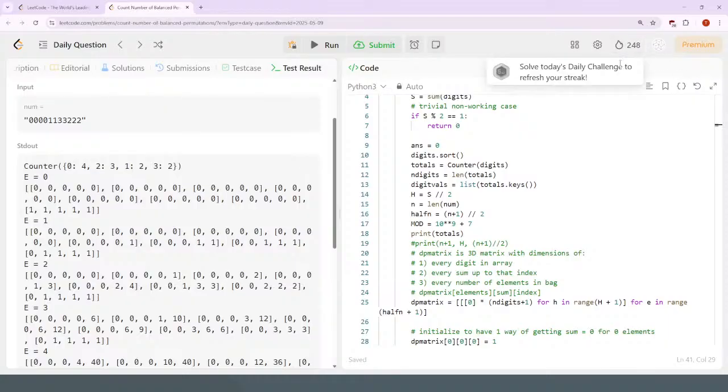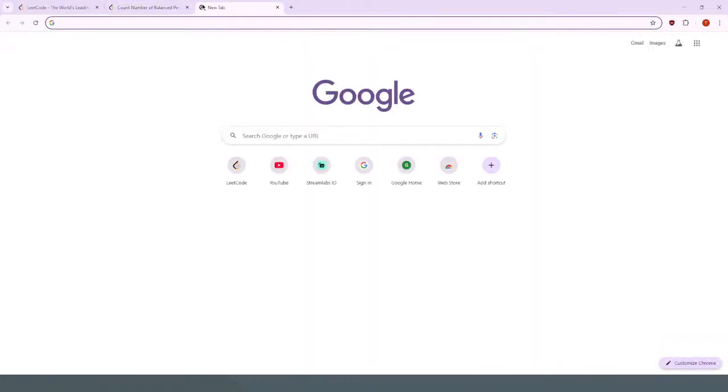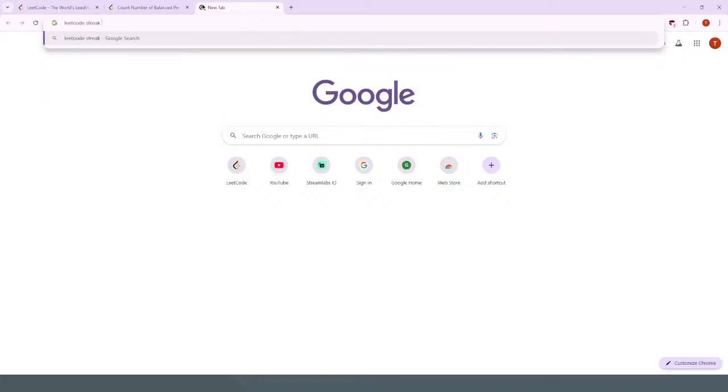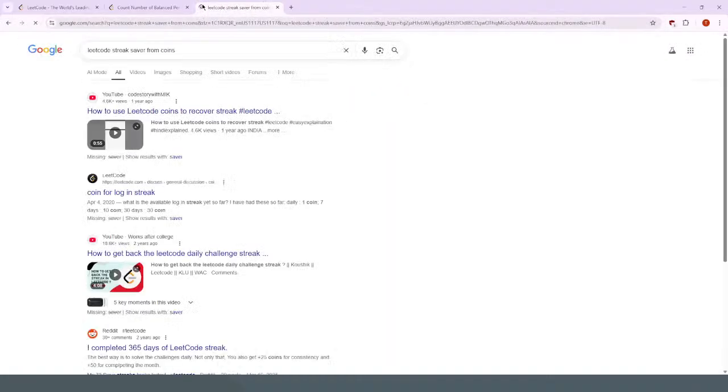I wonder if I can get a streak saver. LeetCode streak saver. Some coins. LeetCode coins to